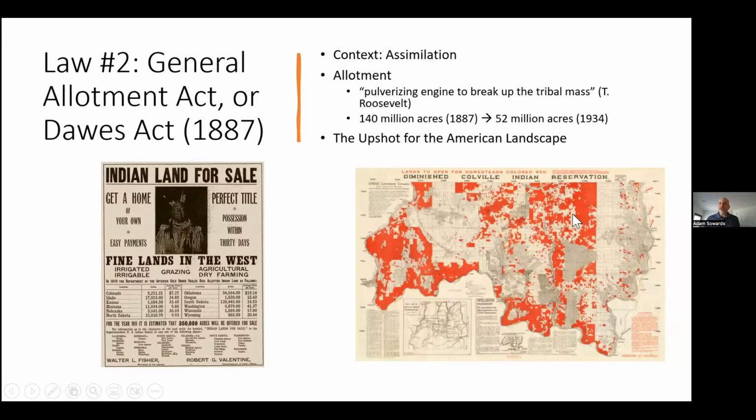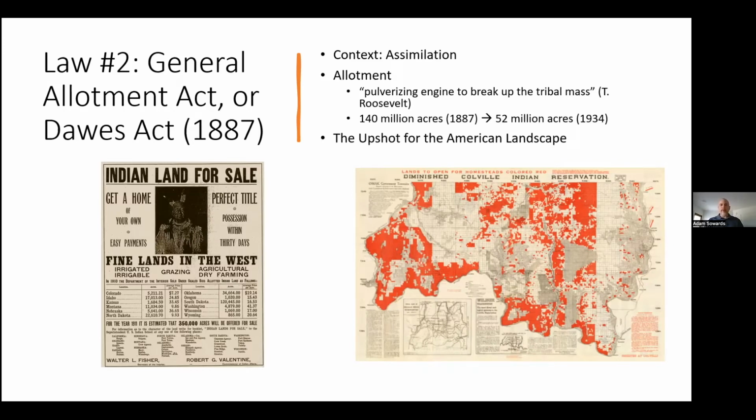I want to talk about the General Allotment Act. It's also called the Dawes Act. It was passed in 1887. And the context for this law is assimilation of Native peoples in North America, in the United States. And much of the focus on assimilation was a cultural assimilation, a shedding of indigenous languages, and forced learning of English,